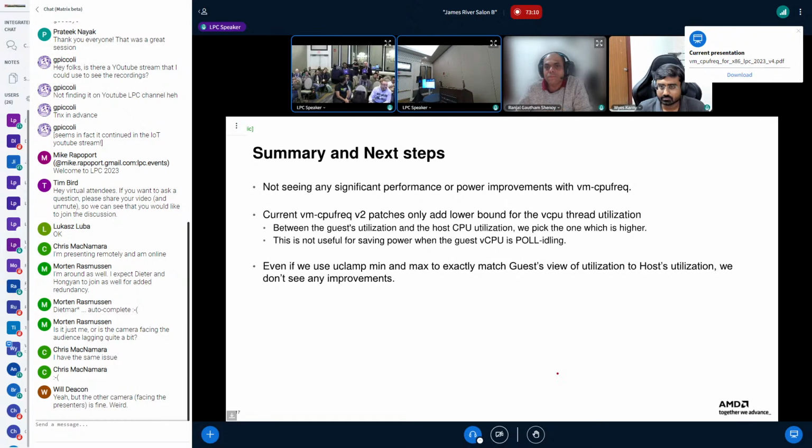Just one quick comment. I was kind of talking about this to Asan earlier. The way I see it is, for min, we are taking the input from VM, CPU Freq. Take it for max. So basically, long story short, host has no idea what the utilization is. Instead of trying to guess and do stuff on the host side, just listen to what the vCPU is telling you. If you're setting min, set the max. So that's one. And then please work with me. Feel free to email me to figure out your patches. If you need more help with that, happy to help.